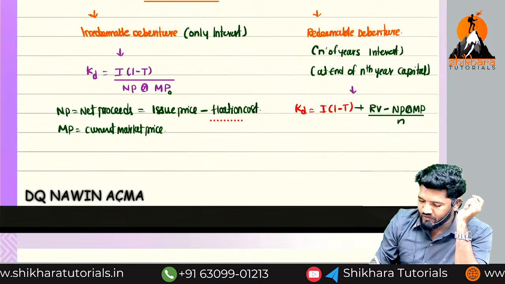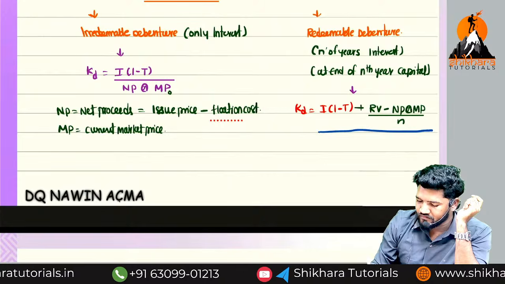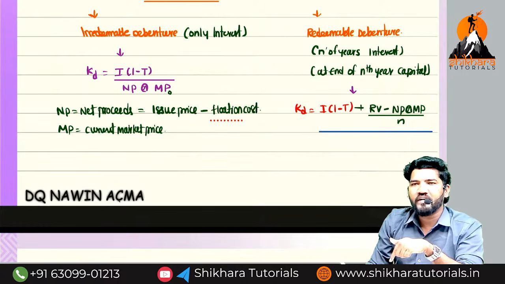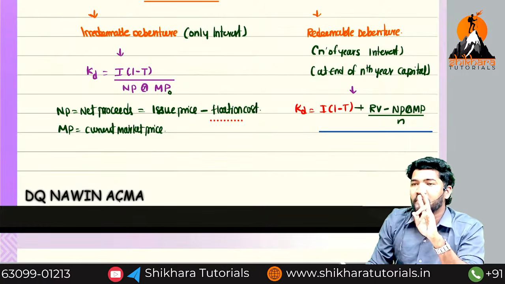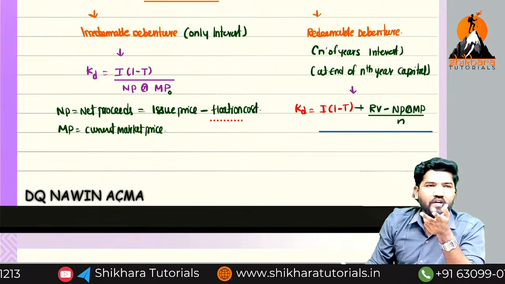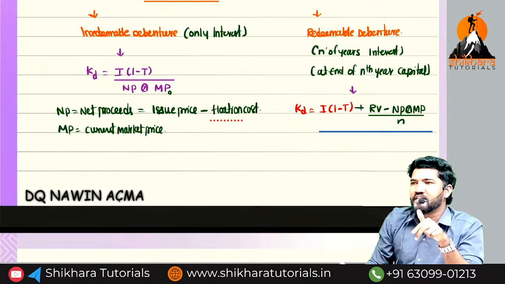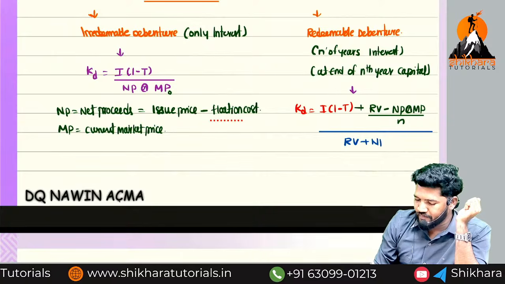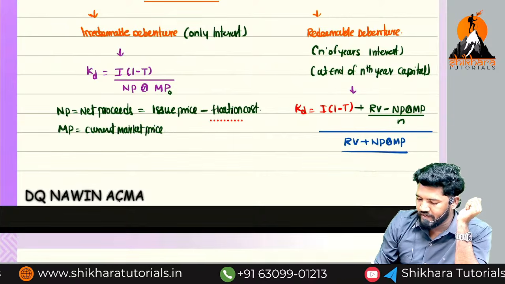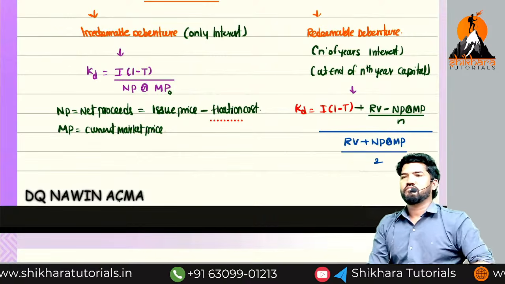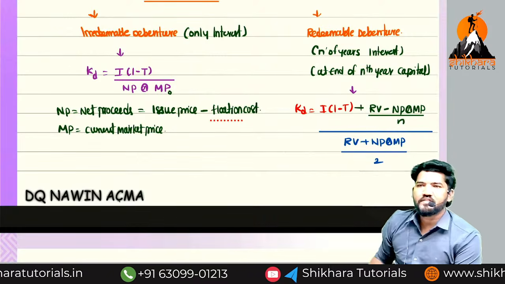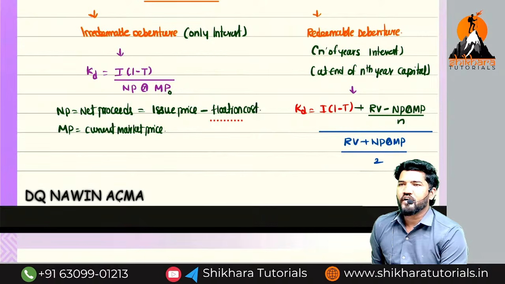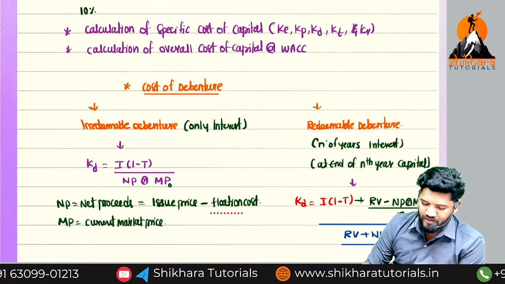Next, the whole divided by the selling value. I said previously just a selling value, but when it comes to this point there are two values: selling value is there, repayment value is also there. What do I need to consider? Both I need to consider, that's why I am doing an average. Repayment value plus net proceeds or market price, divided by 2. That red color is known as revenue expenditure treatment, that green color is known as capital expenditure treatment. So this is a discussion about cost of debenture.